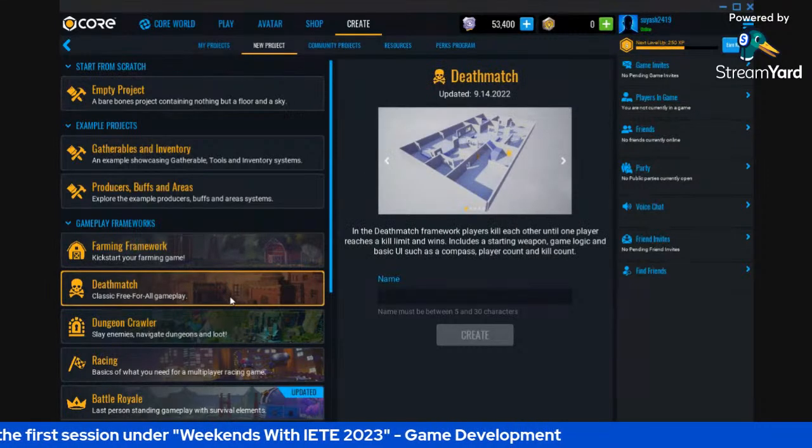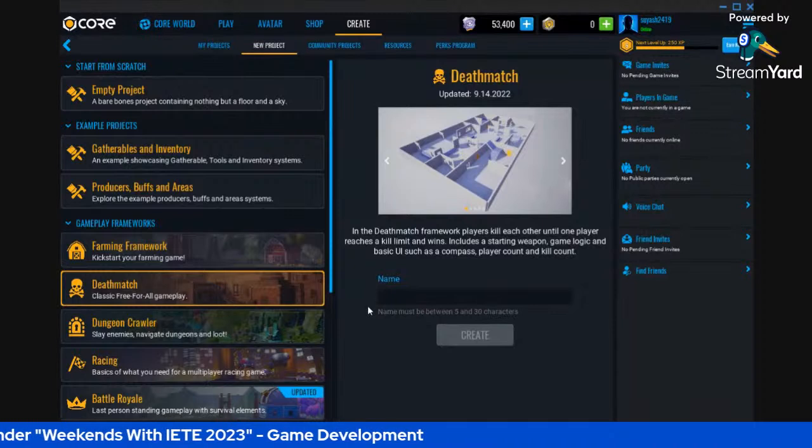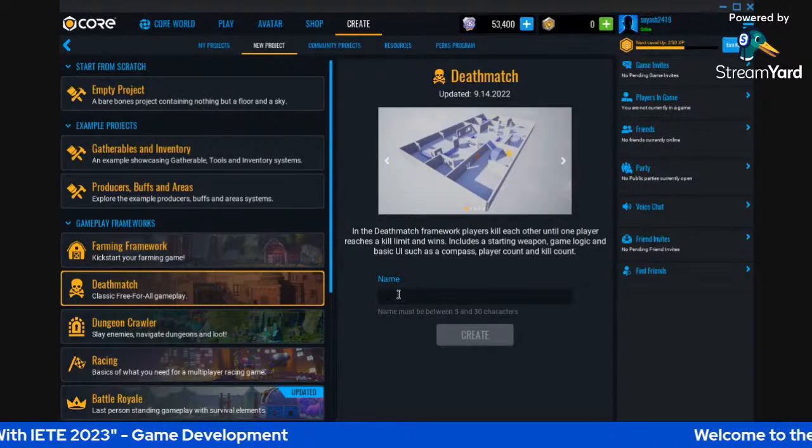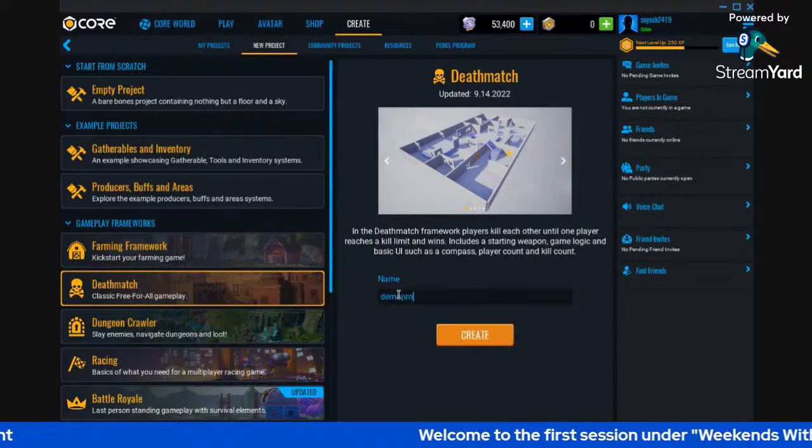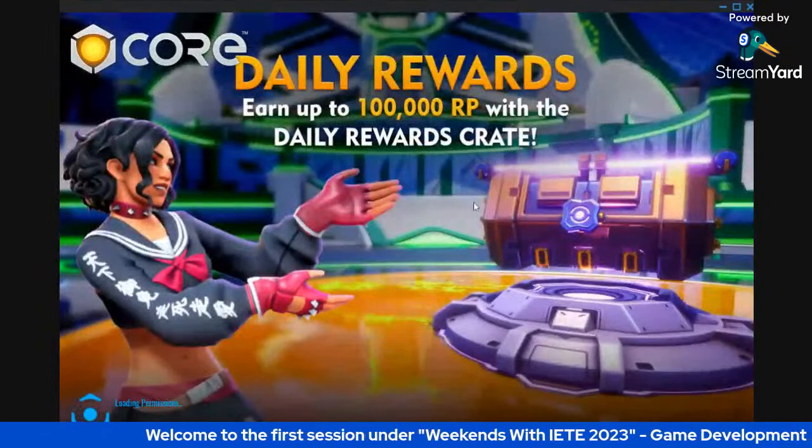So, let me take a template. Let's choose deathmatch and give it a try. Demo project. Okay, let's begin. Okay. So, can you see you already have this complete template set up? आपको एक छोटा सा base दिया जाता है which you can design.